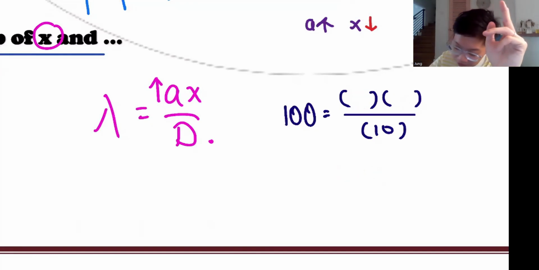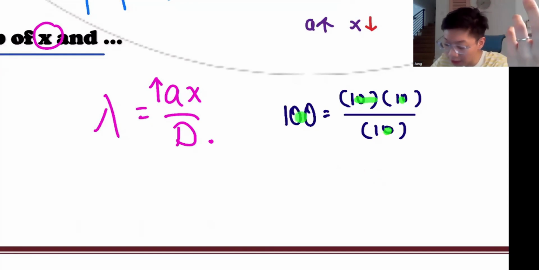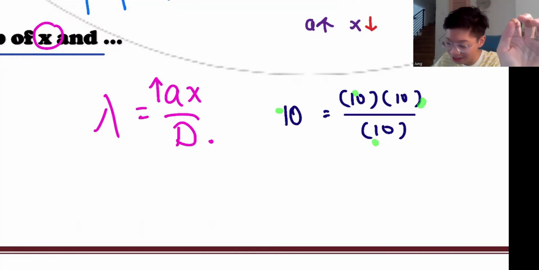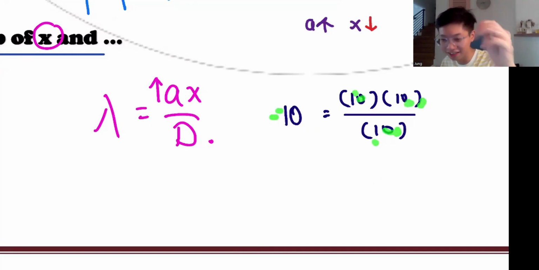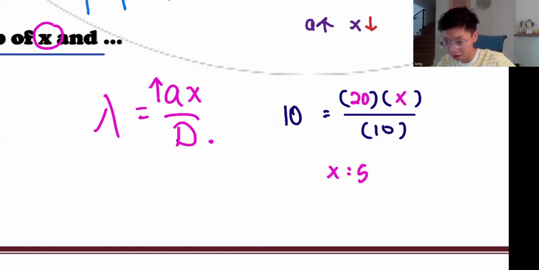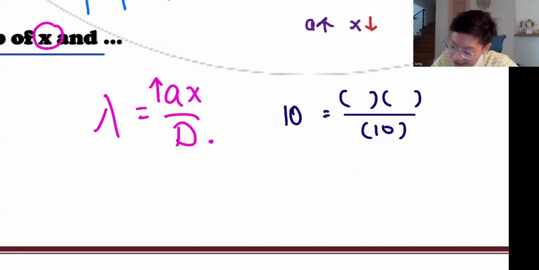So let's say we go back to 10, 10, 10. 10 times 10 is 100, divided by 10 is 10. Sorry, I wrote wrongly, it's all 10s. Okay, so demo one more time: if my A is now 20, how much is my X? I calculate, so my X equals 5. All right. Next, if now my D increases,